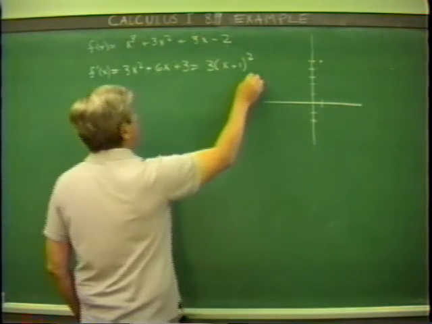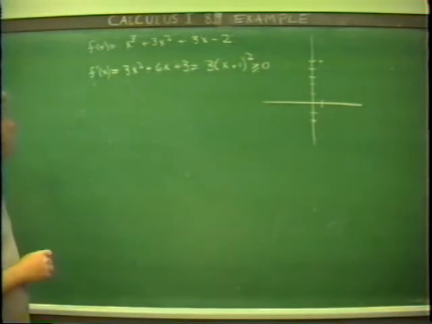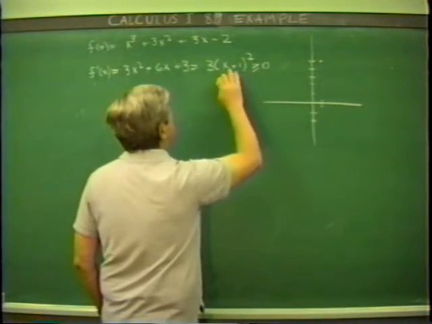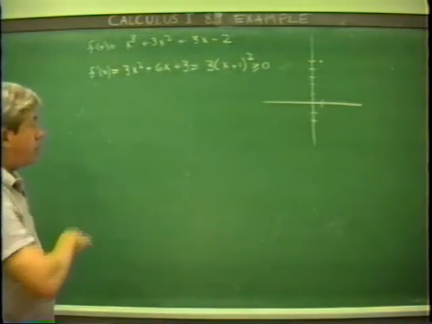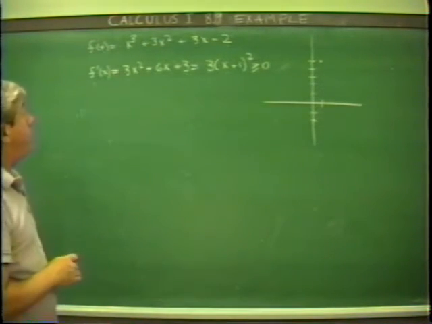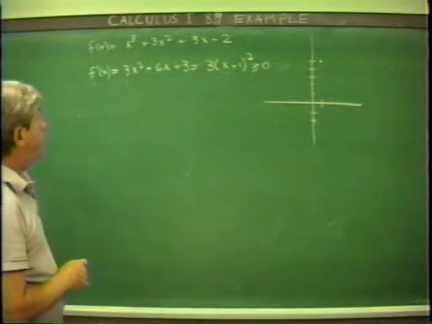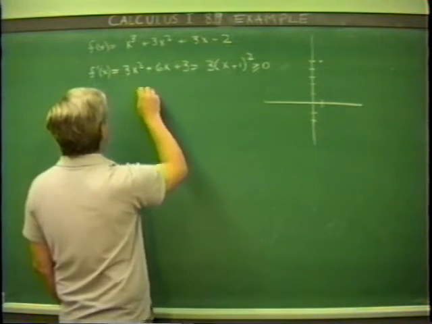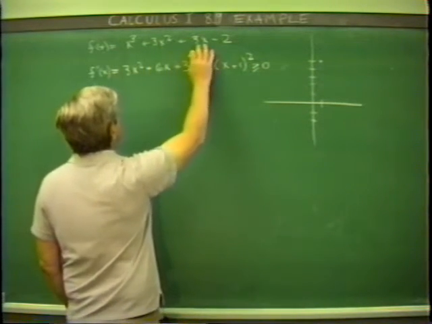So the derivative is always going to be greater than or equal to 0, so this particular function is strictly increasing. There's only one point where the derivative is equal to 0, and in the case where you just have one point where the derivative is 0 and the rest is positive, the function is flat at that point, and then it's increasing after that. The derivative is equal to 0 at x equals minus 1,